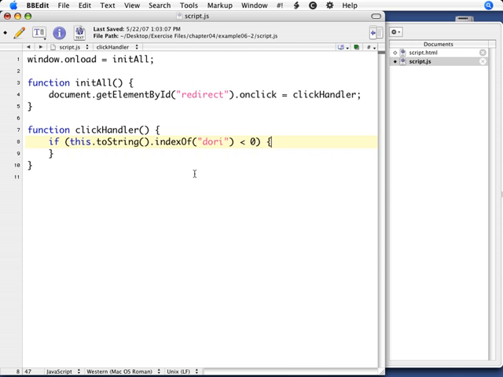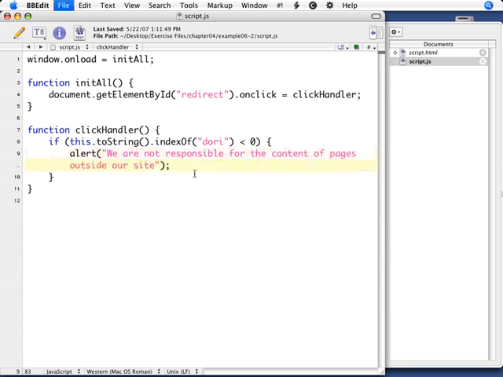What we're going to put in is an alert, followed by parens. Inside that is a string warning people we are not responsible for the content of pages outside our site. Nice little disclaimer. End with a semicolon. Save it. Now we want to go back out